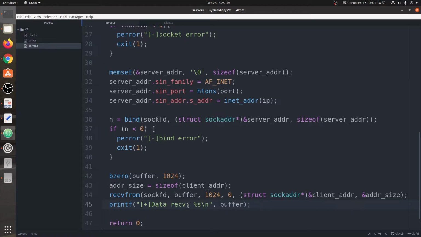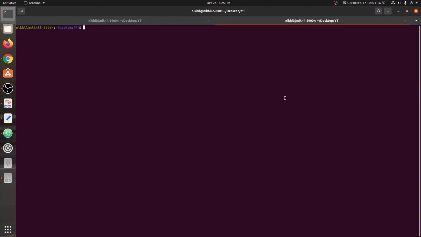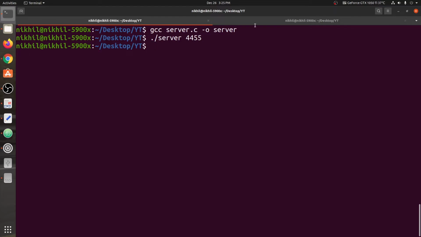Okay, so now we have a simple program. We will compile both the files. Let me just zoom in here. First of all, we're going to compile the server program.